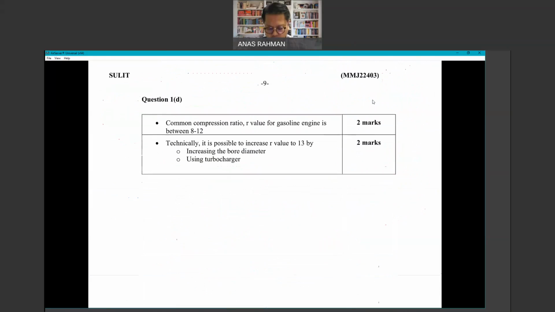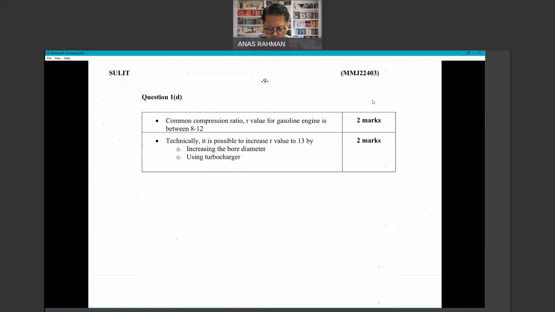So for the final questions, you need to discuss. Over here, I'm giving you in terms of bullet points. You can give your answer in bullet points, but not just one simple one-liner or one yes or no answer. That is not acceptable. I'm quite open to any discussion. So if you write down anything, as long as it makes sense and relates to what we learned in class, I will accept your answers. Unless your answer does not make sense at all, or is way off from what we have learned, then I cannot accept your answer.